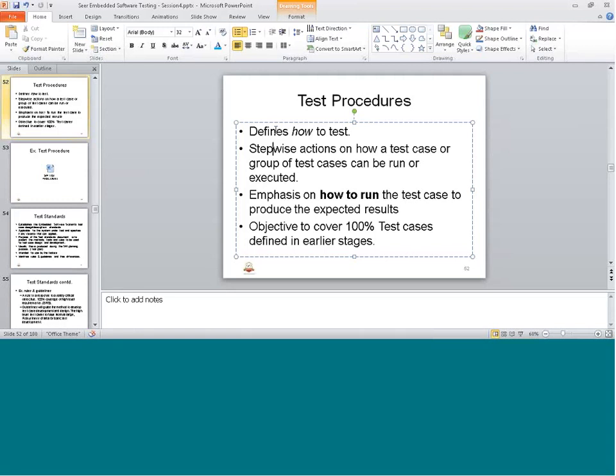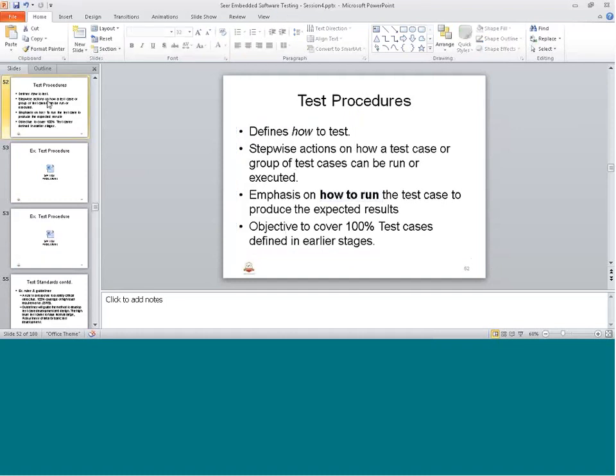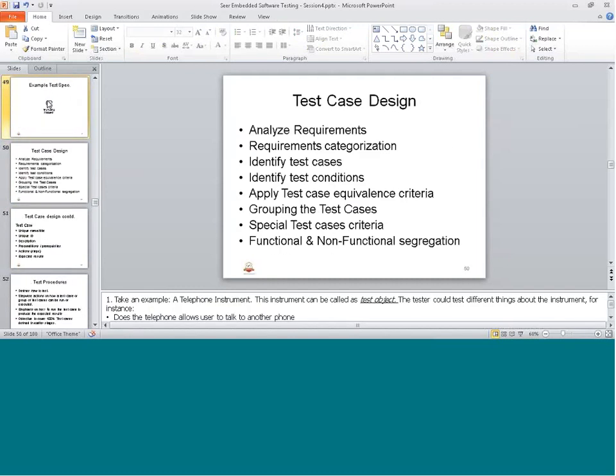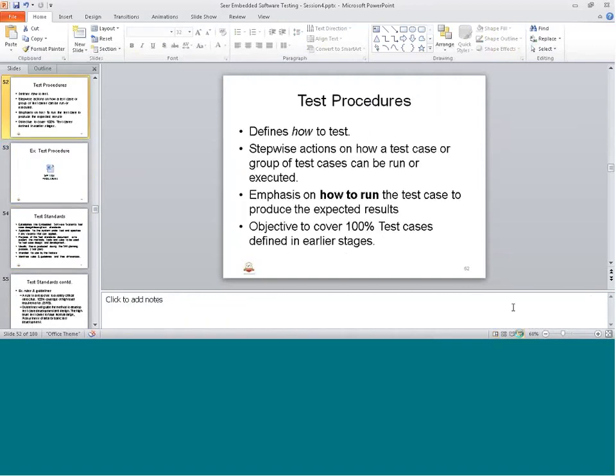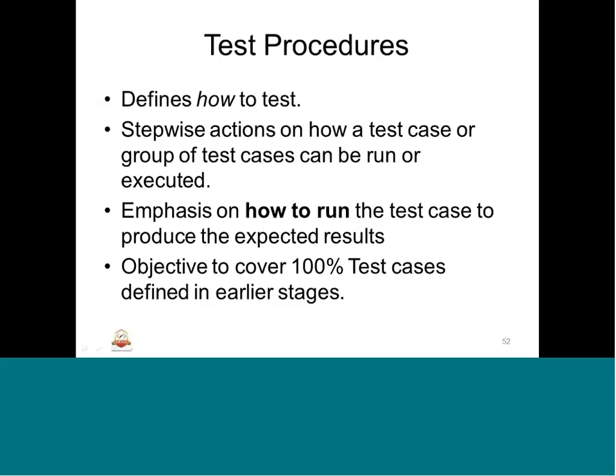So it defines how to test. It's a stepwise set of actions on how a test case or group of test cases can be run or executed. So basically, the emphasis is on how to run the test case to produce the expected result. Very much important. For me, it's very much important how to run. We know that for a test case, it's what to test. So the test procedure